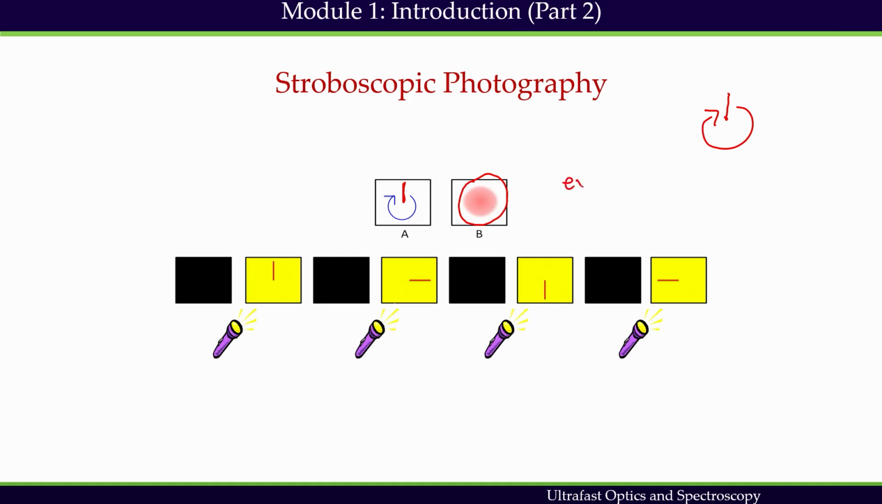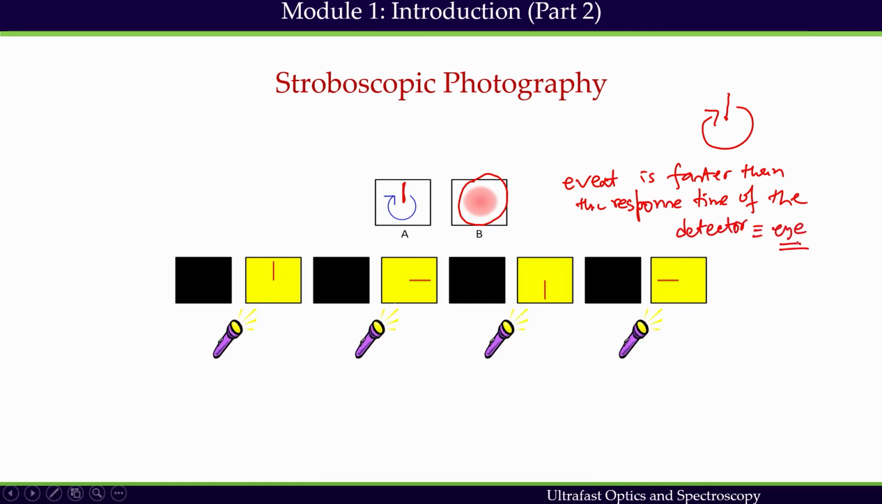the event is faster than the response time of the detector. In this case, the detector is our eye. So, if the event is faster than the response time of the detector, then I can use the same detector, a slow detector we call it. A slow detector can be used, but in that case, I have to use stroboscopic photography, where I have to